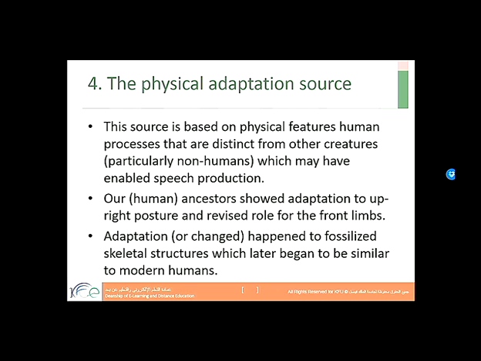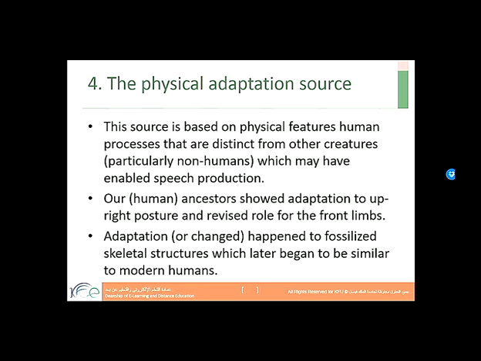Which may have enabled speech production. We know that other non-human creatures may not have had such features that would lead them to utter language, to speak, or to articulate some sounds. Our human ancestors showed adaptation to upright posture and a revised role for the front limbs.